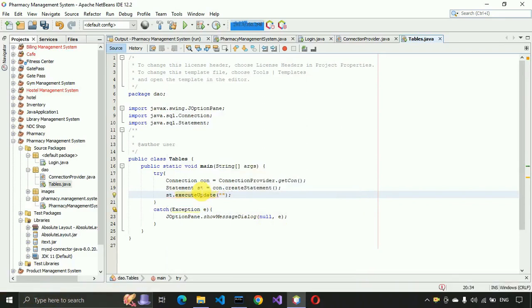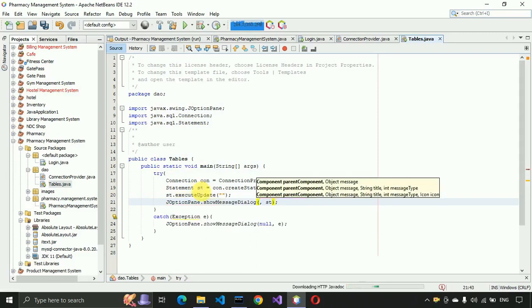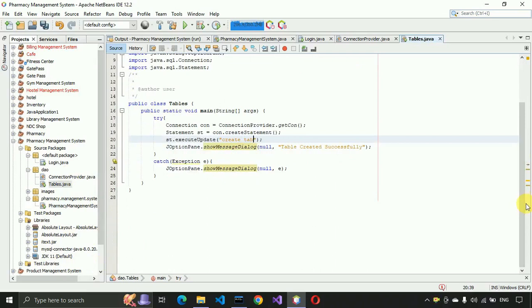And in this we are going to pass whatever query we want, whatever table we want to create, we have to just pass it, and after that we have to display the message. So showMessageDialog, here we have null, and over here we need to write Table created successfully, and save this. And over here we are going to create a table. So create, let's scroll it down, this one, create table appuser,